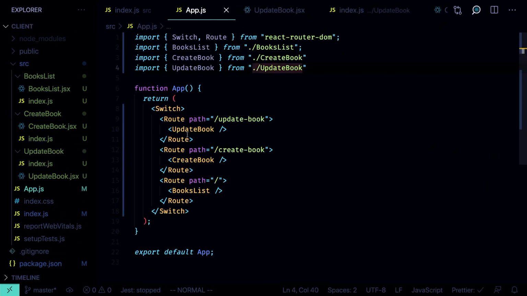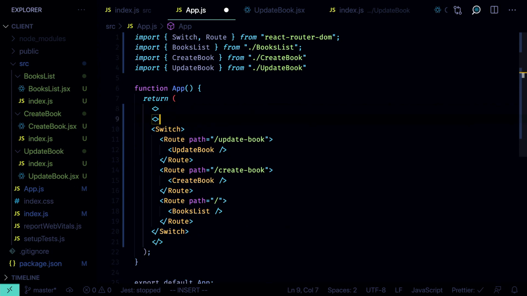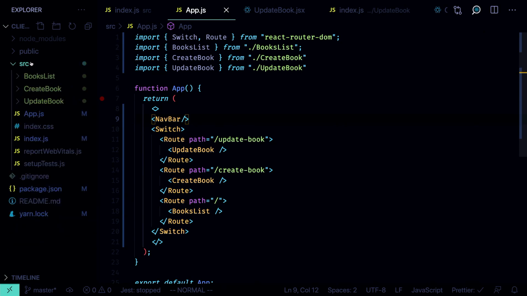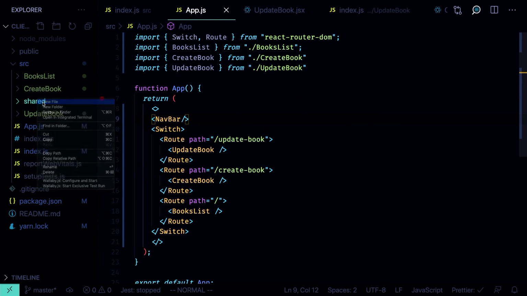And next thing we do, we create a shared folder because we are going to have a bunch of shared components. For example, here above the switch, I want to have a navigation bar. I'm going to use a fragment to wrap all the elements. And then here I want to have a nav bar. And it will go to the shared folder. Let's create a new folder, shared, and we create a new file here,